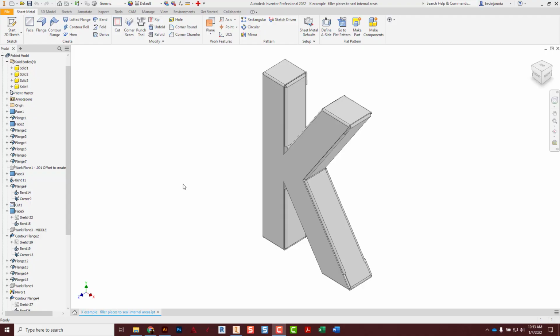Hey crew, let's go ahead and make some sheet metal letters. I'm going to give you a little overview on how this K was made, and then I will try to recreate most pieces of it, or most of the features, and kind of show you how it's not all necessarily one solid body. And then once all those parts and pieces are made, how do we get everything to be able to unfold and see it and create a drawing so that we can laser it